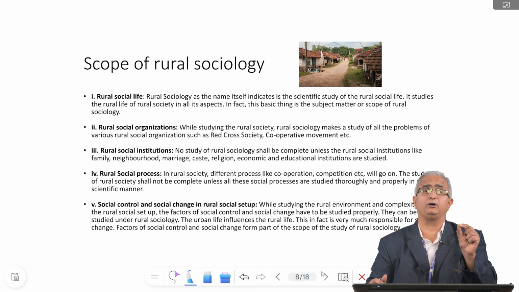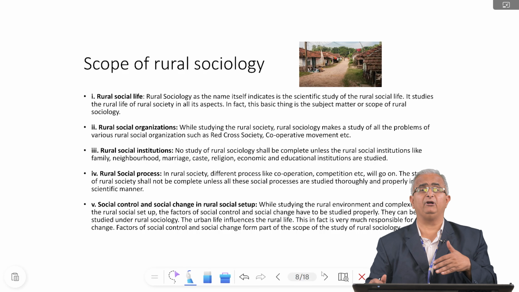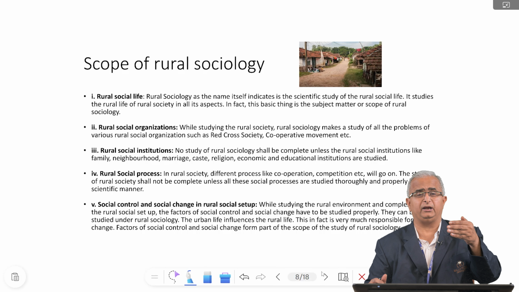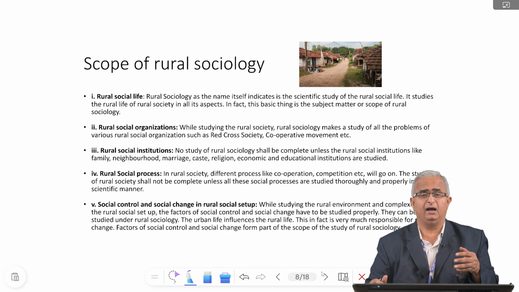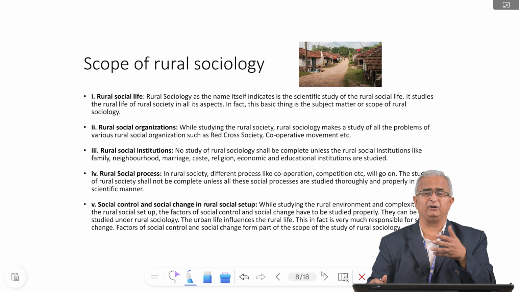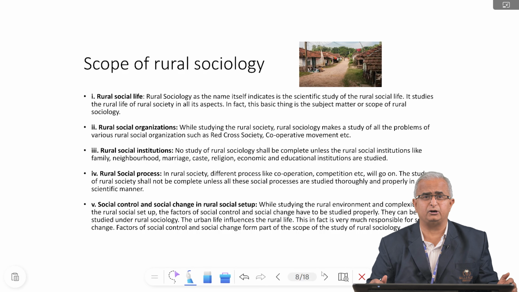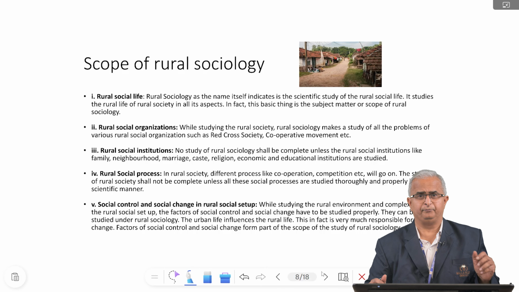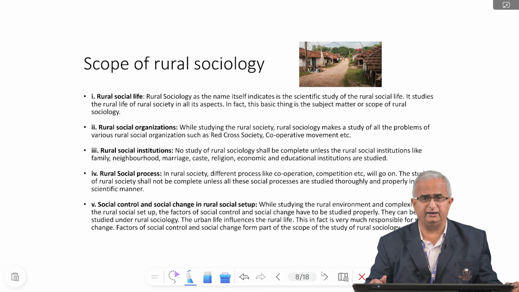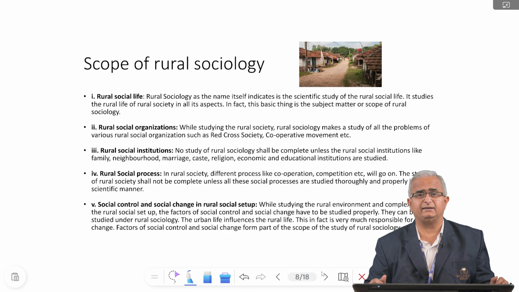They have a specific role to play, and there are certain rules to follow, and there will be an authority to take the decisions. There will be a certain authority who does the decision making. With all these three, the RRA principle, we call it role, rule, authority. If these three are there, we call it an institution or organization. What are the different social organizations that are there in the villages? We study this as a subject matter of rural sociology.